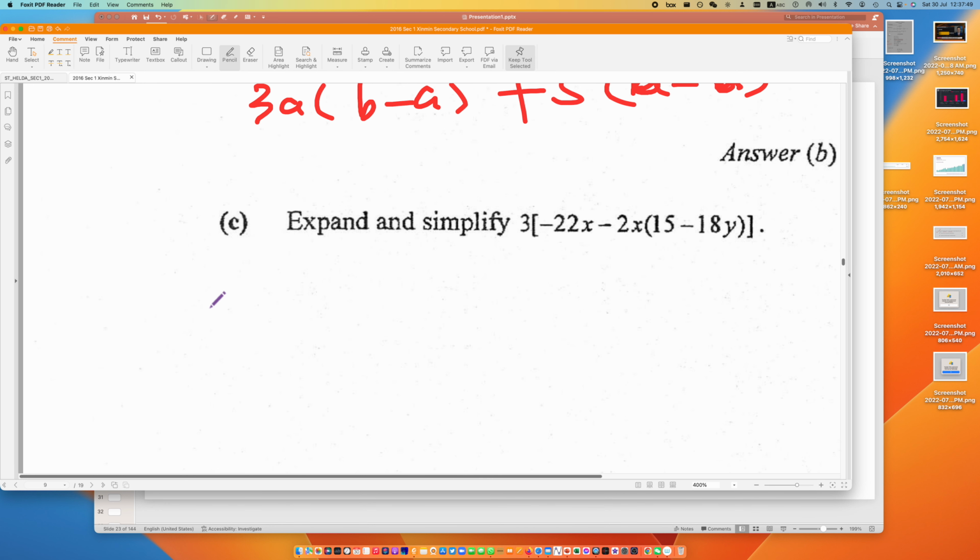Expand as well. This one you need to do it step by step. Let me see. We have been talking about this a lot of times. Look at your second arrow. Can you draw the arrow next time? I don't understand why you make the same mistake again and again, and it's all about the same mistake.